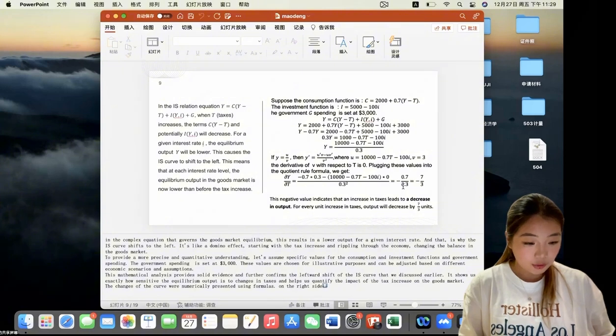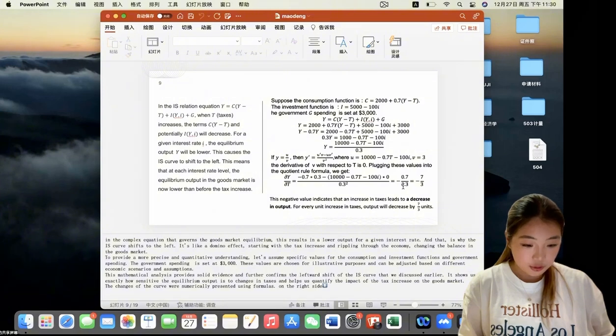It's like a domino effect, starting with the tax increase and rippling through the economy, changing the balance in the goods market. To provide a more precise and quantitative understanding, let's assume specific values for the consumption and investment functions and government spending. The government spending is set at $3,000. These values are chosen for illustrative purposes and can be adjusted based on different economic